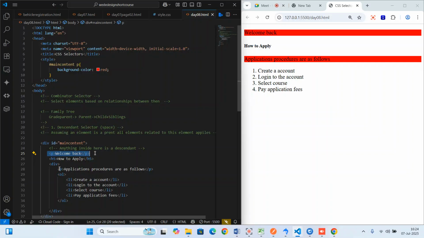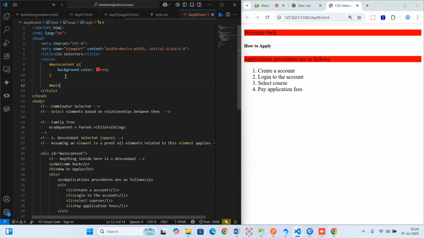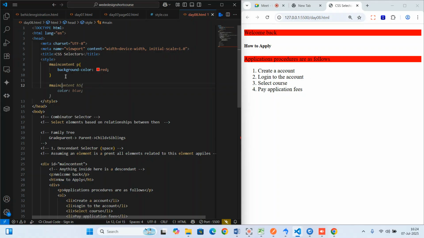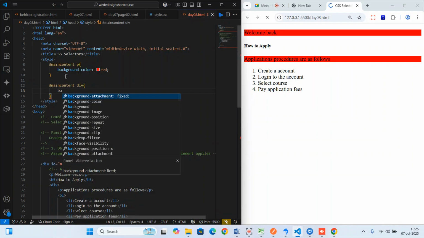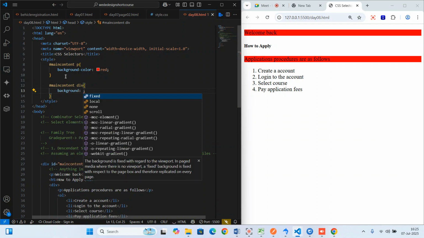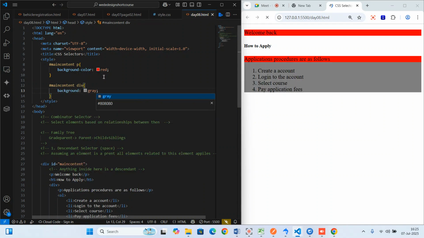This is child, this is grandchild. So you can see it has been able to apply. Are we together? I want you to see that because let me pick now the div. Let me say I want the main content, and pick a div that is a child of the main content. Any div that's a descendant of the main content, then make the background gray so that you're able to see the difference, right? So you can see this one has a gray background simply because